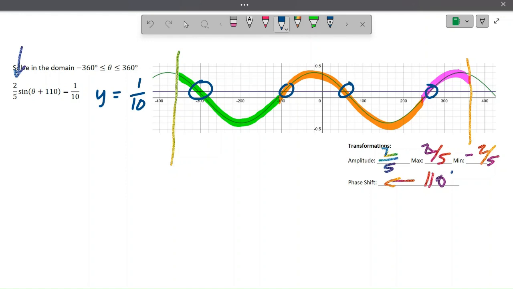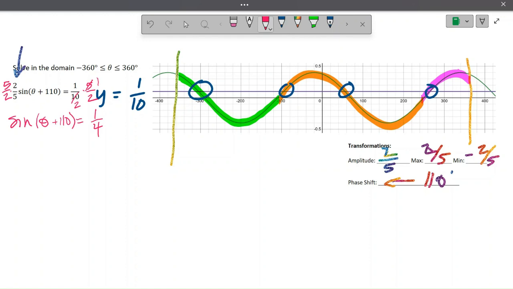So we're going to solve the same way we solved last time. We are going to get sine of theta plus 110 by itself. I'm going to do that by multiplying both sides of my graph by the reciprocal of 2/5. You can also divide by 2/5, but I love fractions and I would rather multiply by its reciprocal of 5/2. When I do that, I end up with sine of theta plus 110 equals, I'm going to cross reduce these really quick,